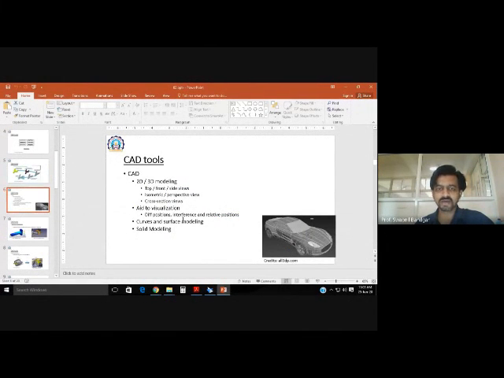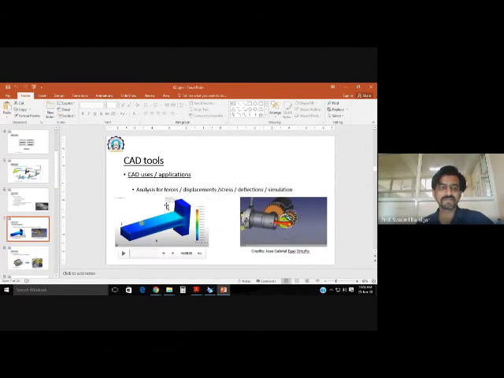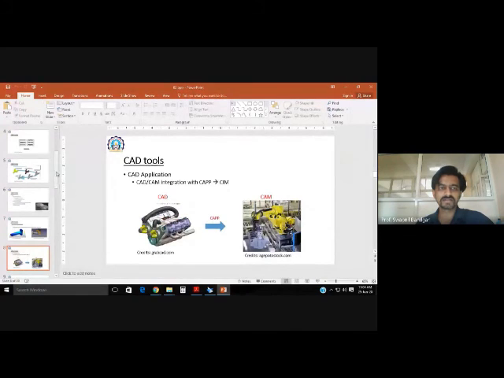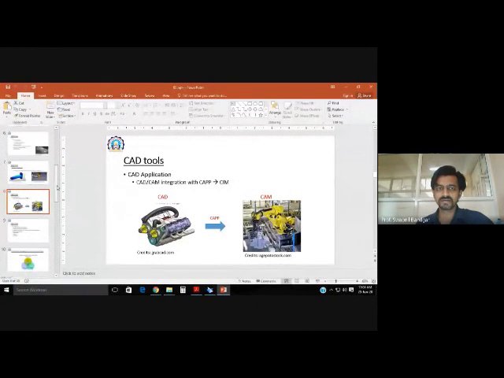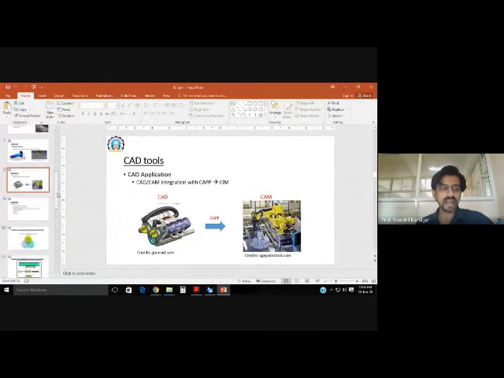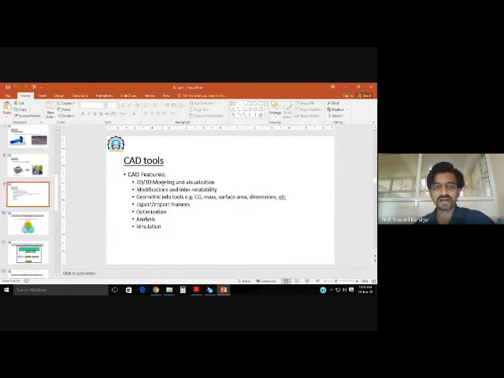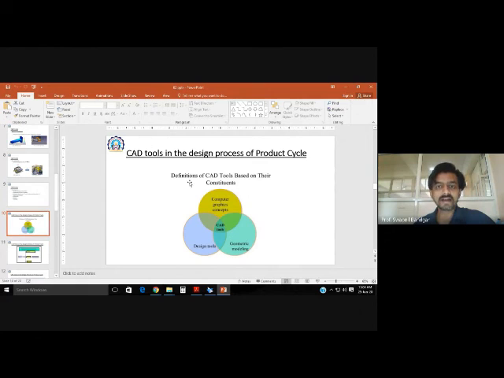Then how the CAD tools are used, what are their features and applications. Then the CAD applications as I covered. Then the features of CAD. Then the CAD tools in the design process of the product cycle. So these are some CAD tools in the design process.